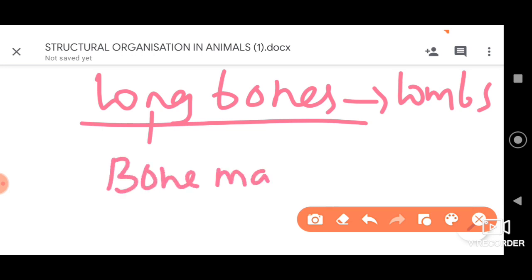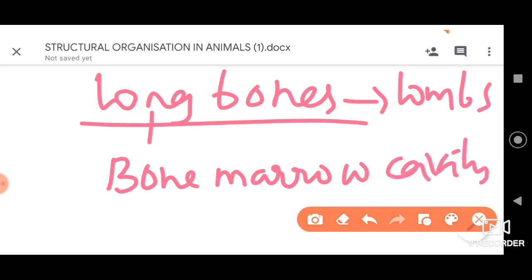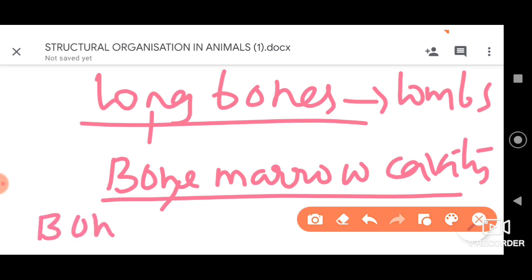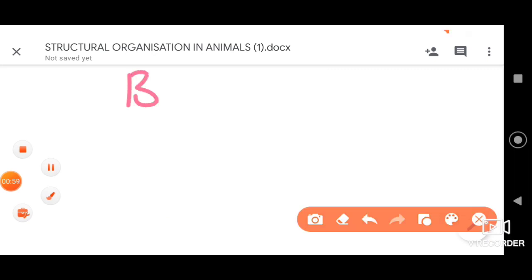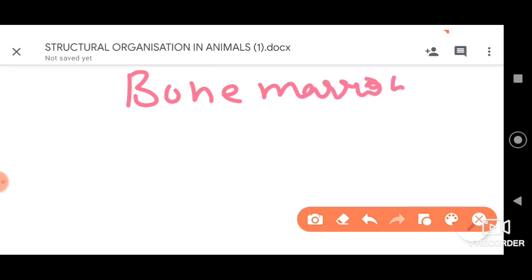They possess a bone marrow cavity. This bone marrow cavity is constituted by the bone marrow. See, bone marrow is nothing but a fatty tissue. And when we talk about the bone marrow which is present in the bone marrow cavity of bones, this bone marrow is the site